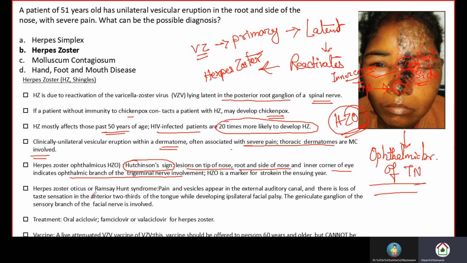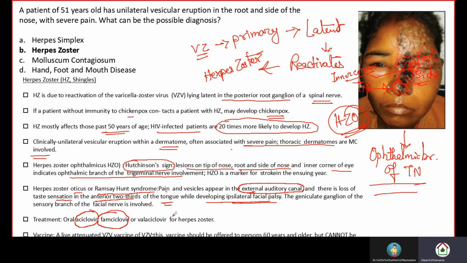Herpes zoster oticus, or Ramsay-Hunt syndrome. In this, pain and vesicles appear in the external auditory canal, and loss of taste sensation occurs in the anterior 2/3 of the tongue while developing ipsilateral facial palsy. So in Ramsay-Hunt syndrome, ipsilateral facial palsy occurs and the geniculate ganglion of the sensory branch of the facial nerve is also involved. Treatment will be acyclovir,